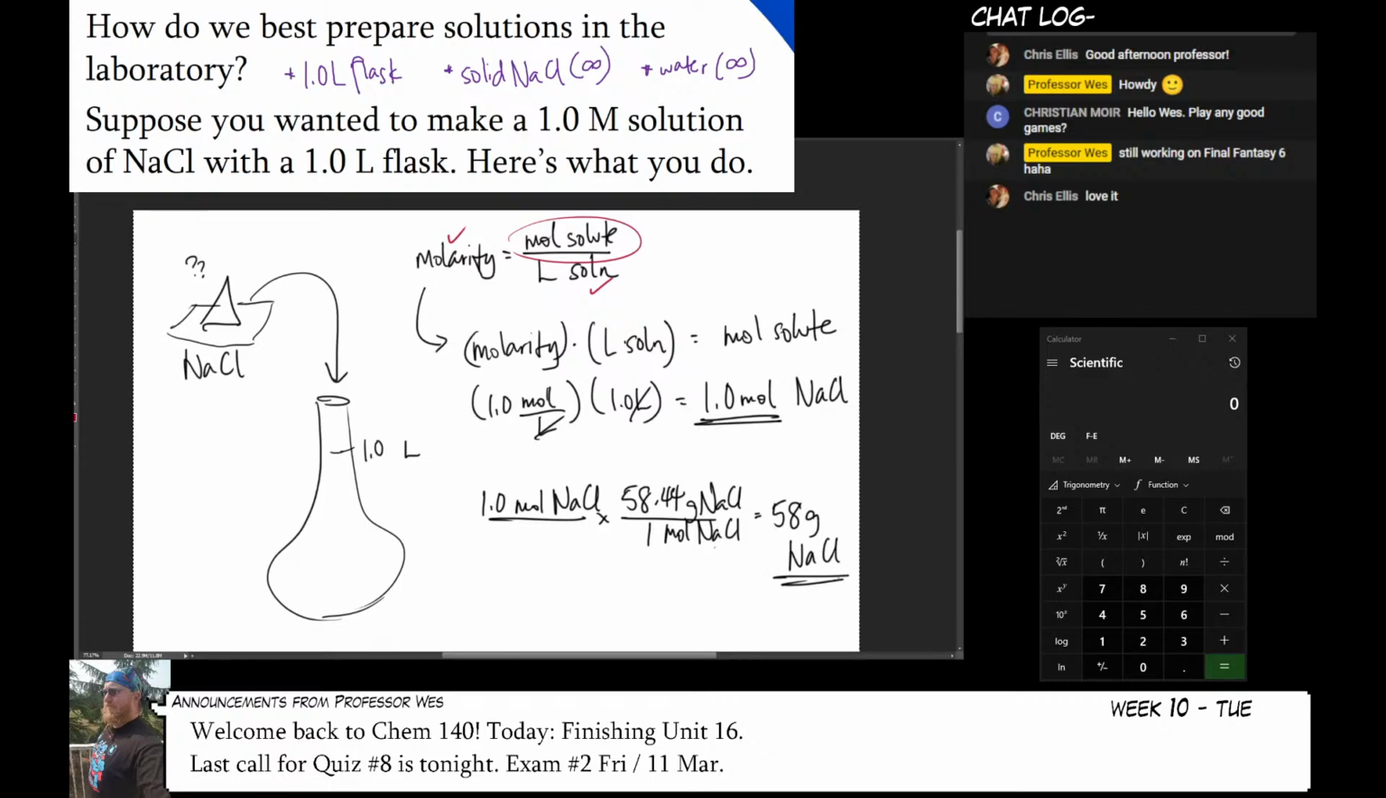I only get 2 sig figs, though. So there you go. So we have now figured out what amount of sodium chloride goes into the container here. And so what we're going to do is we're going to say, okay, well, this is going to be 58 grams